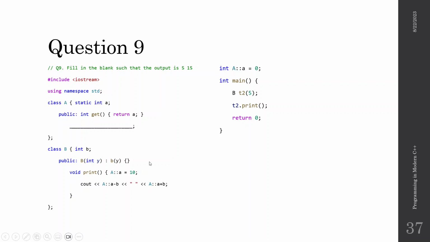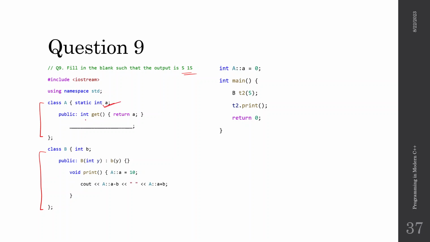Okay, so in this question, we want the output to be 5 and 15. Here we have two classes, class A and class B. In class A, we have a private and static data member called a,